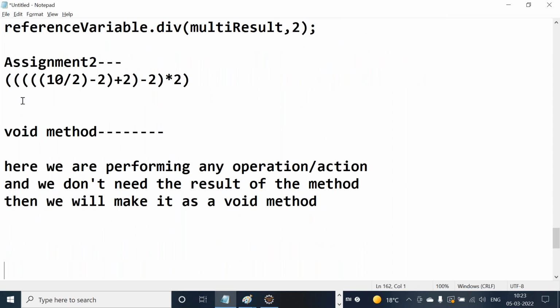It's up to your requirement. जब आपको उसके रिजल्ट की जरूरत है तो नॉन वॉइड बनाओगे।